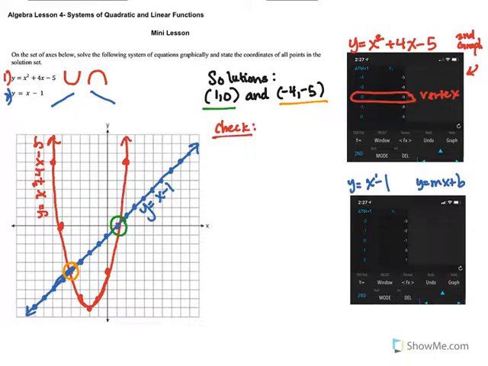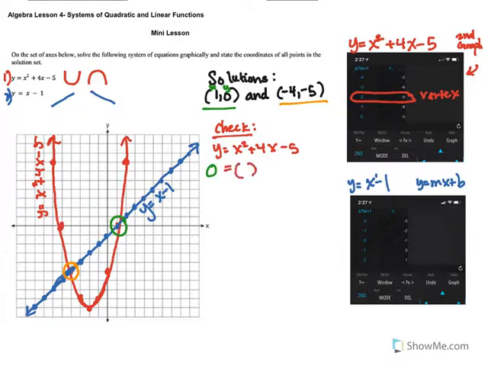Okay, first I'm going to check for my parabola. I have y equals x squared plus 4x minus 5. So first I'm going to check the first point. My x here is 1 and my y here is 0. So I have 0